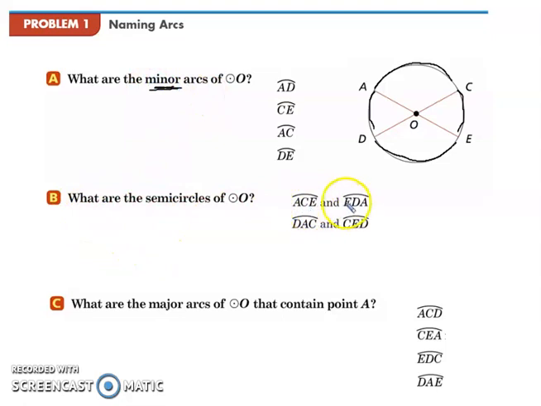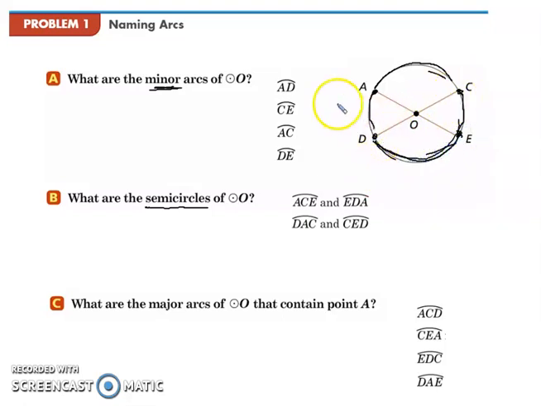Let's notice that all four of these arcs are semicircles. In other words, they're exactly halfway around. One is ACE, so if I start at A, end at E, and go through C, that's halfway around this way. And then EDA is along the bottom. EDA this way is also a semicircle. And then I've got DAC, so starting at D, ending at C, but going through A to get there would be a semicircle along this side. And CED, starting at C, ending at D, but going through E to get there,